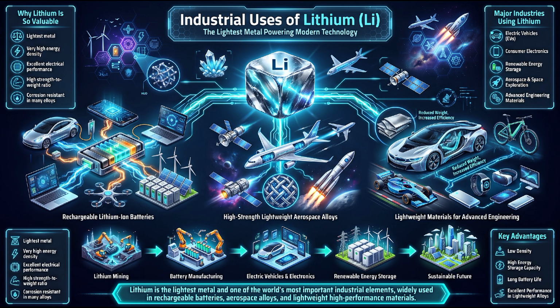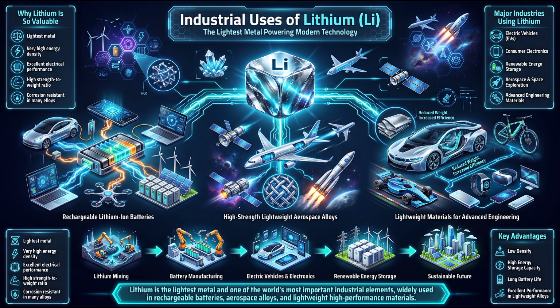In addition to batteries and alloys, lithium compounds are used in the production of heat-resistant glass and ceramics. Lithium carbonate and lithium oxide improve the strength, durability, and thermal shock resistance of specialty glass and ceramic materials. These products are used in laboratory glassware, induction cooktops, ovenware, smartphone screens, telescope mirrors, and high-temperature industrial equipment. Lithium-containing ceramics also exhibit excellent dimensional stability under extreme temperatures, making them valuable in scientific and engineering applications.